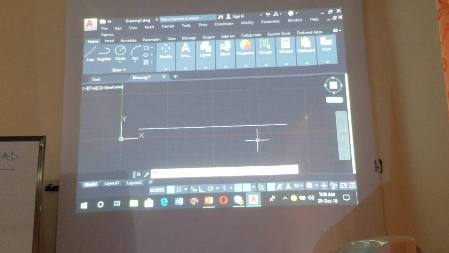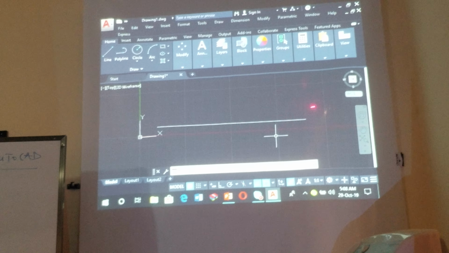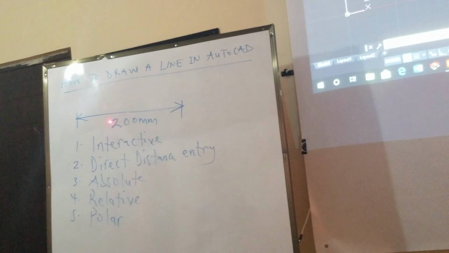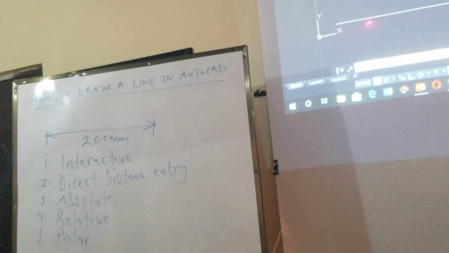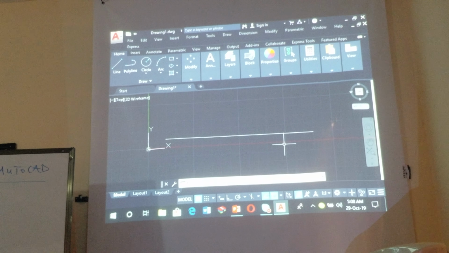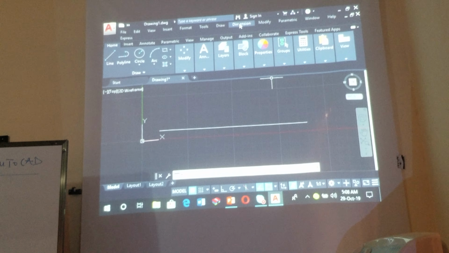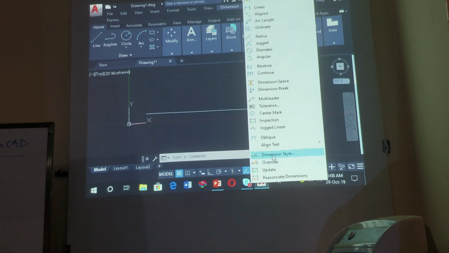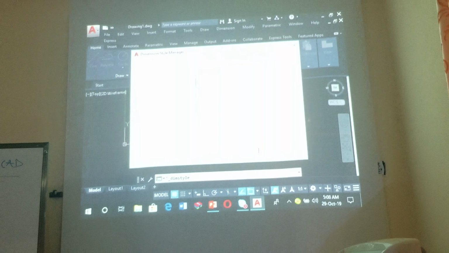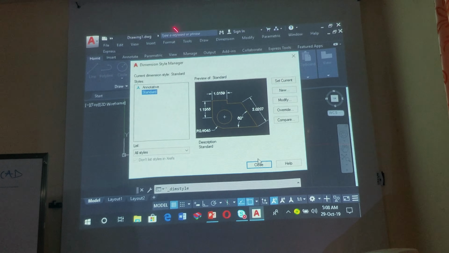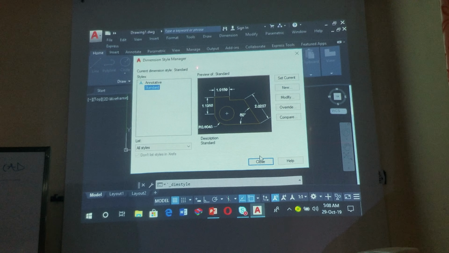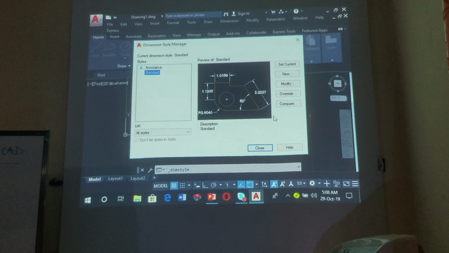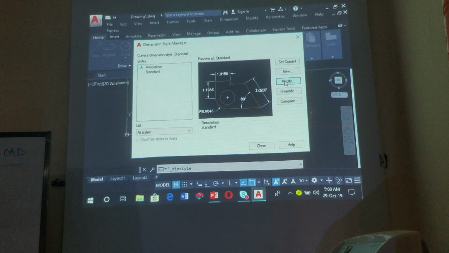Next, we want to check if truly this line is 200 millimeters as you see on the board. So you click on dimension and you select dimension style. The dimension style manager will pop up, and then you click on modify,